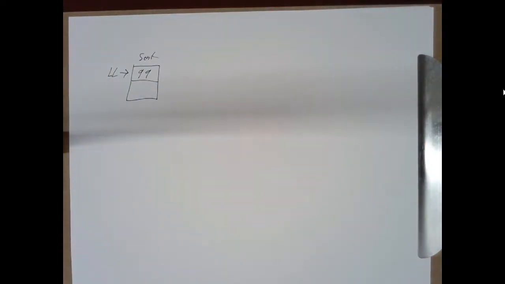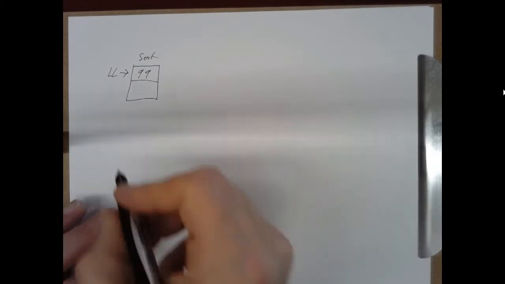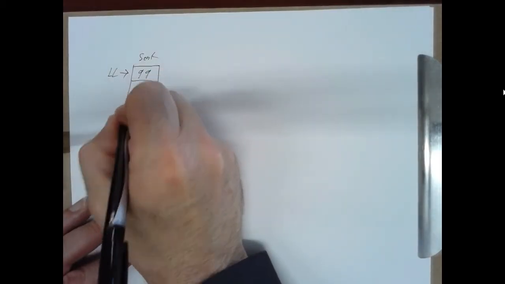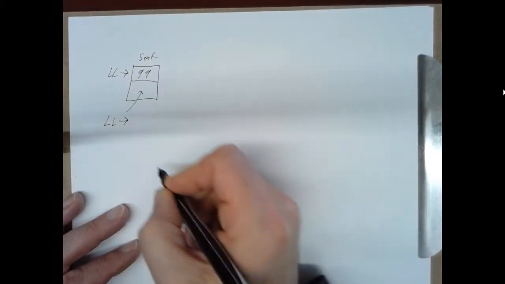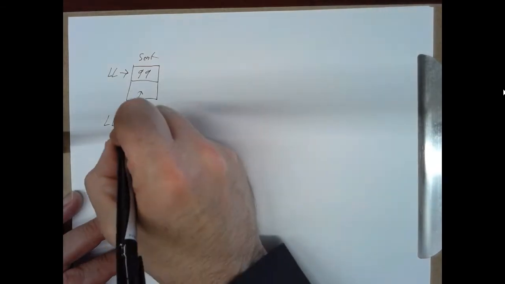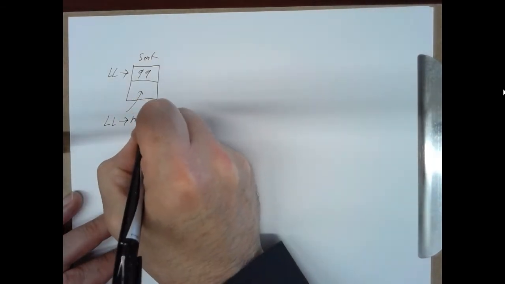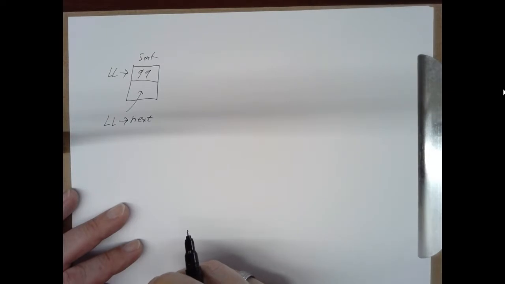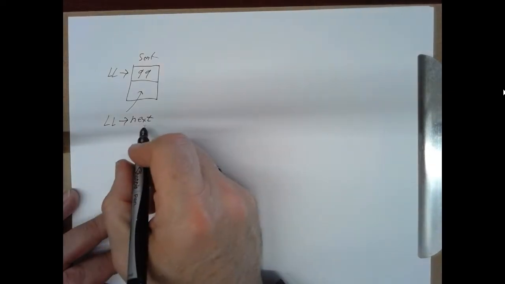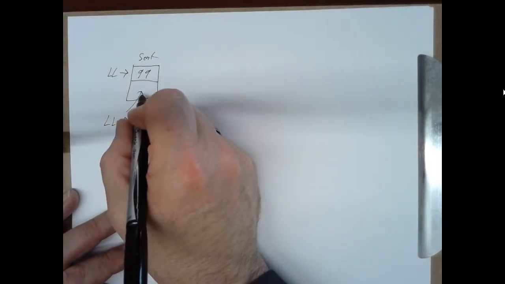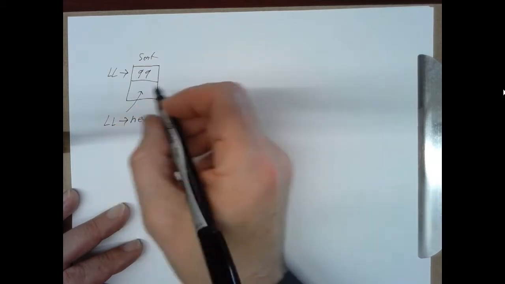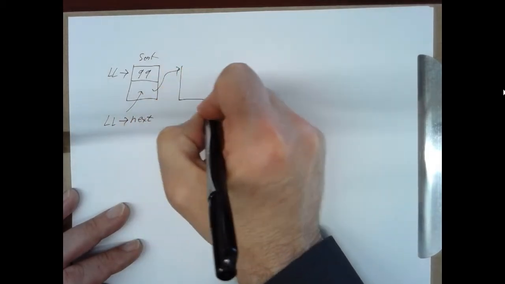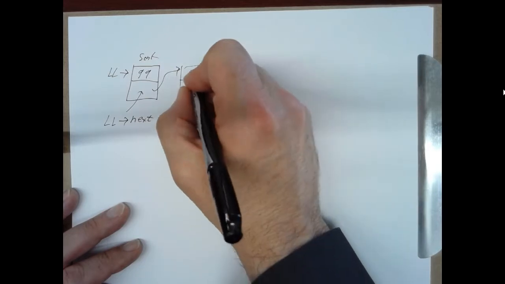And I clarified during the test that LL is the address of the node containing 99. That's the sentinel. So this field down here is the struct node that LL is pointing to, the next field of that, right? The field name next in that structure. So LL arrow next refers to whatever this block is down here. It's the address of this next node, which has a 12.